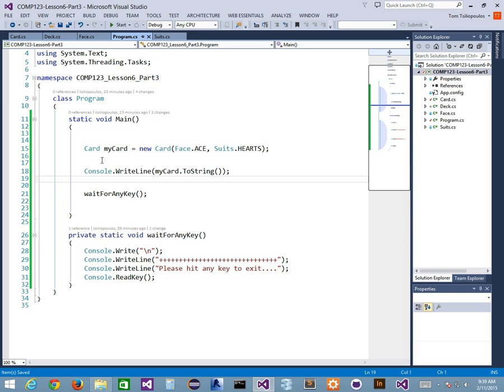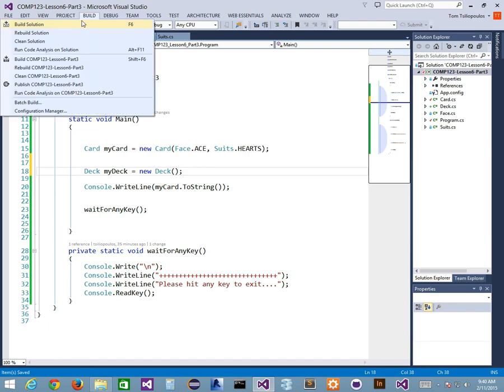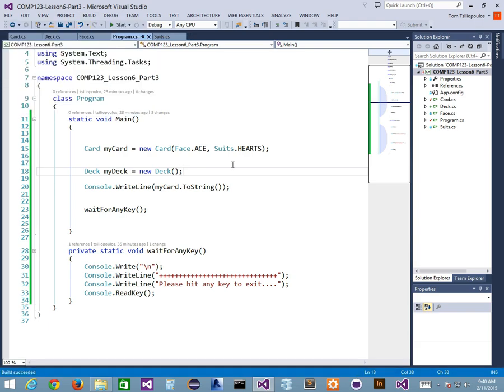I'm just going to instantiate it here. Let's see if it works. Just the way it is. Deck, my deck is equal to new deck, right? As an example. Let's see if this builds. Because if I'm wrong and I've done it incorrectly, well, then it wouldn't build, right? It would kind of have an error. So this works. I have a new